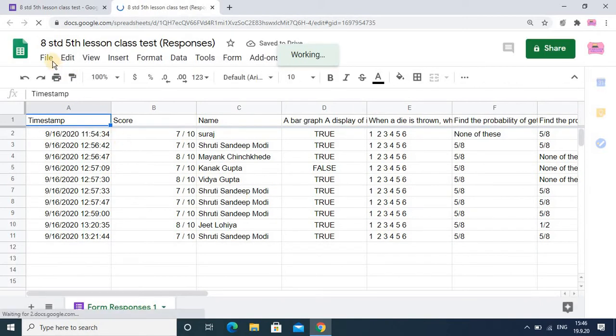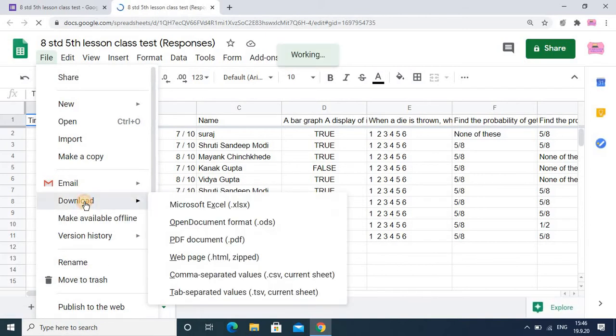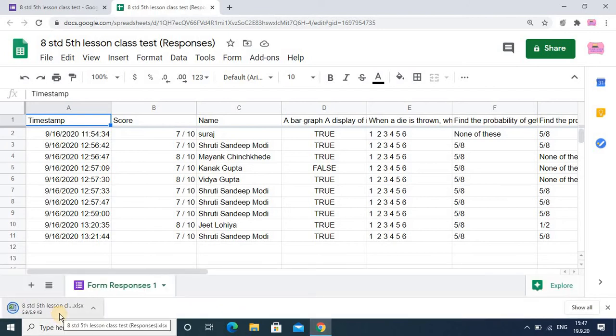Okay, and if you want to save in your desktop, just click on file and the download option. Here you select the Excel format, and once you select, this file will be downloaded. You see it is downloaded in my device. So from there also you can check, or directly you can check it online. Okay, but it is a very time consuming process. You have to check one student's answer. Okay, if suppose 50 questions are there, it will take more time.